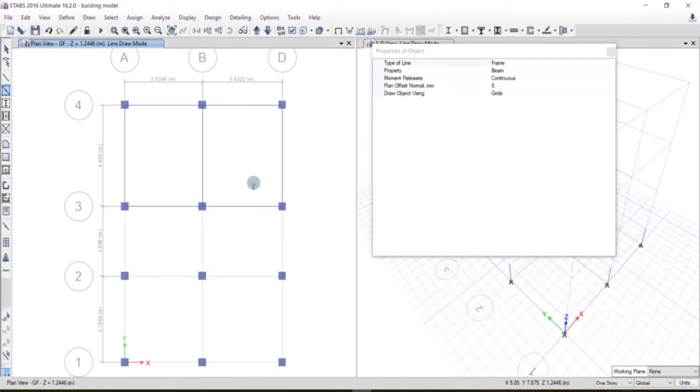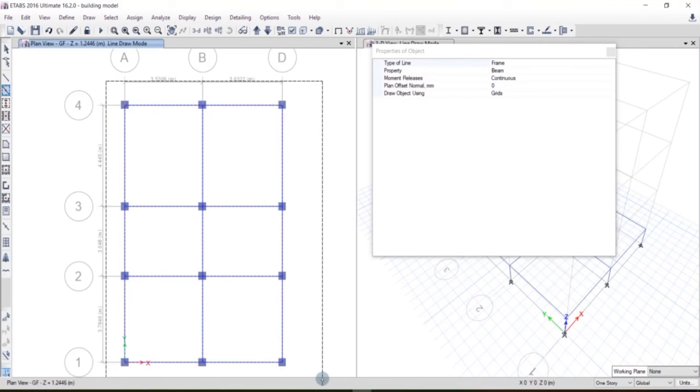Another method is just like we drew these columns. Left click here, don't release your left mouse button, drag your mouse like this, and after that release your mouse. We didn't get beams here. For these three that we missed, just left click, left click and left click. You can do this from here: just left click, drag your mouse and release your mouse button, right? By this also you can quickly draw your beams in 1 second. All right,